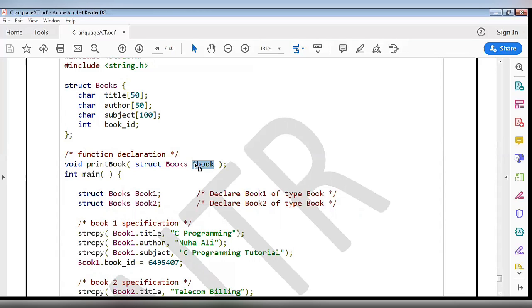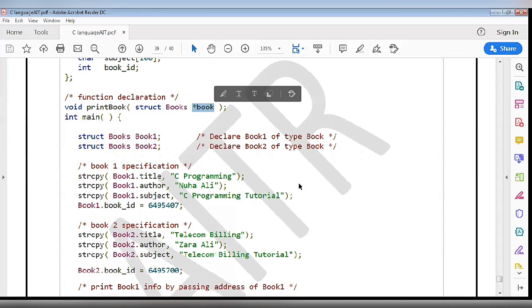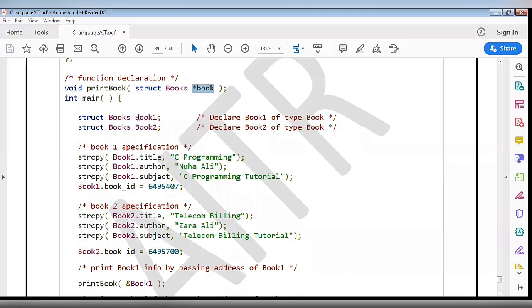The noted difference here is that before we took a simple object of the structure, but now we have taken a pointer object of the structure. Because of this, it can store the address of an object of the structure type.